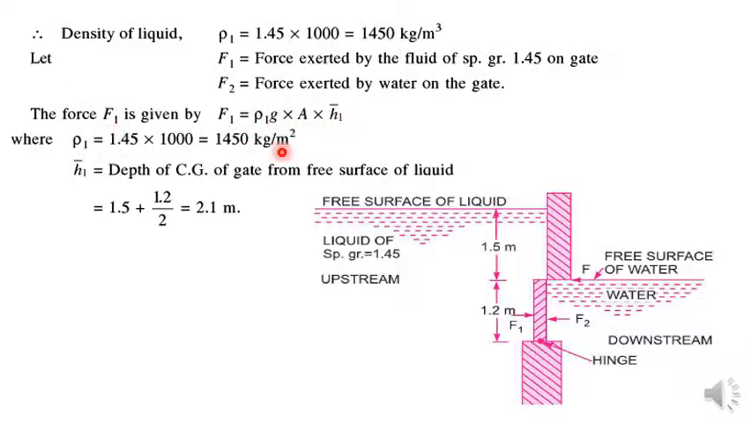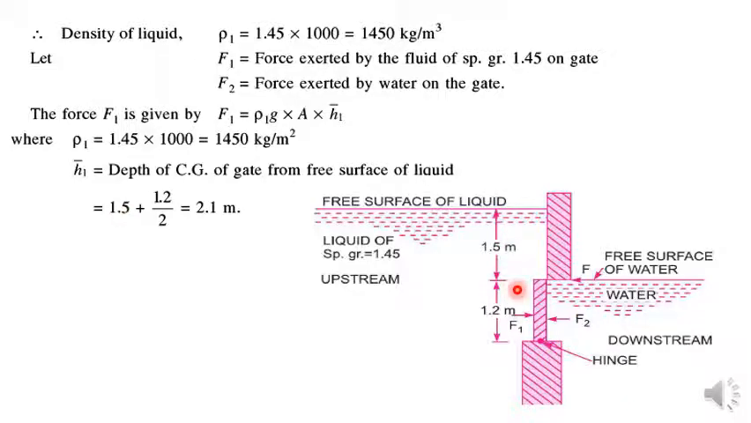So rho 1 we have already calculated, 1450. h1 is the depth of the center of gravity of the gate from the free surface of the liquid on upstream side. Okay, so that you need to mention all the time. Here they have differentiated upstream and downstream by considering the words liquid and water. Okay, so if they talk about the liquid, it means upstream side. If they talk about the water, then downstream side. But you can also add over here that it is the depth of the center of gravity of the gate from the free surface of the liquid on upstream side. Okay, so it will be